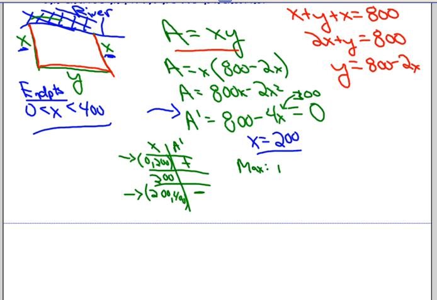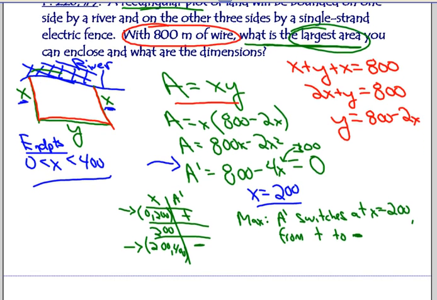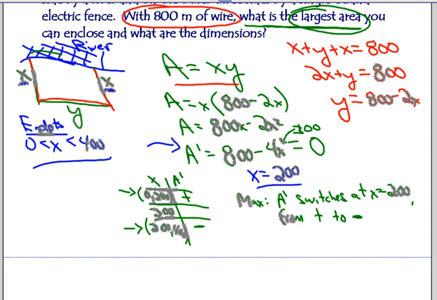Why is it a max? A prime switches at x equals 200, and it switches from positive to negative. So I have found the local max. Now, let's answer the question. What is the largest area? Our area is right there. So our area equals